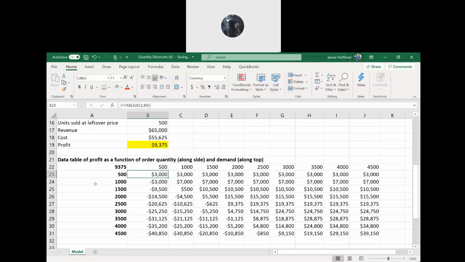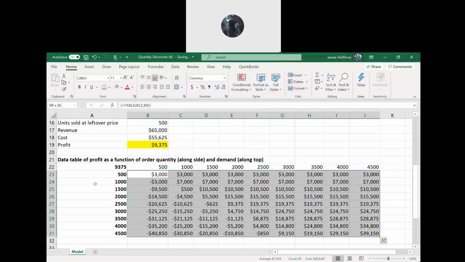All right, and then another thing we can do is note the options which give us a negative profit, or a loss, basically. We can see that if order quantity is this and demand is this, we're going to take a loss. All right, so if you want to select that range again,